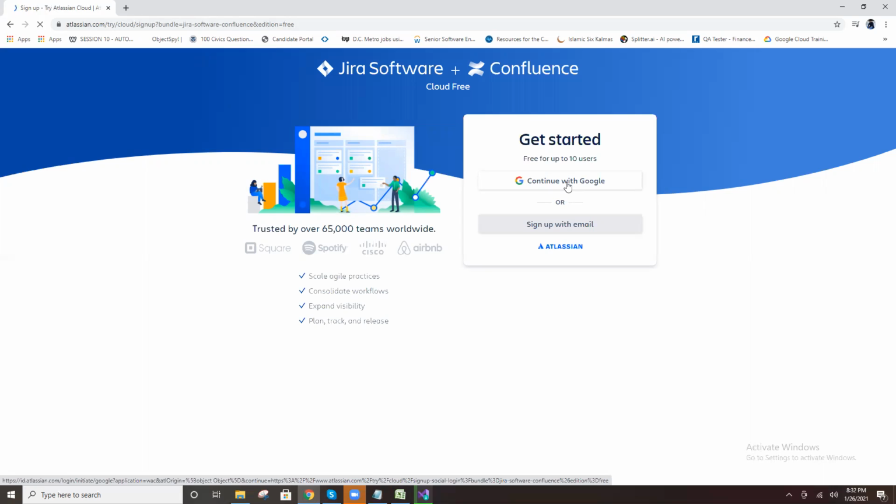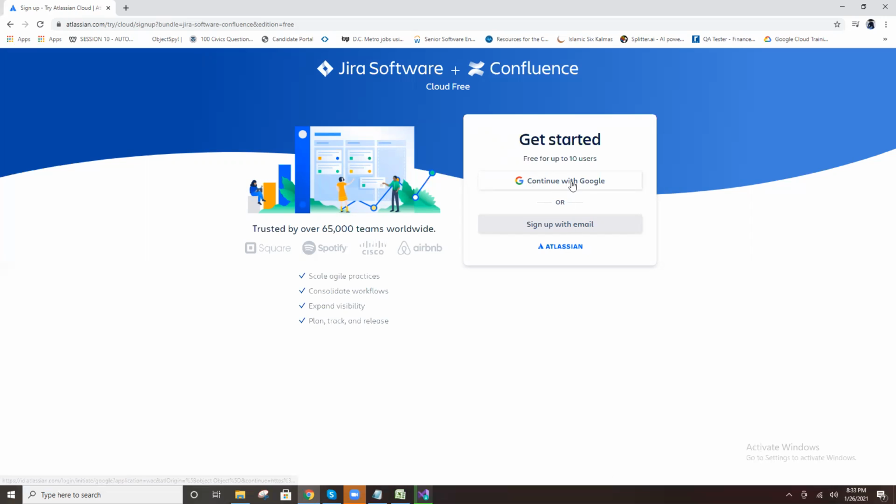Logging bugs, and we discussed regarding the agile methodology, right? Sprint planning is also possible with Jira, a bug tracking tool and project management tool. Continue with Google, or sign up with Gmail.